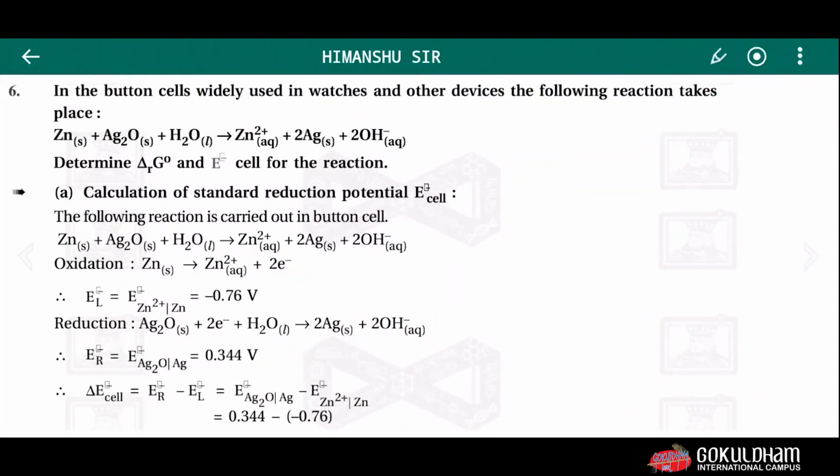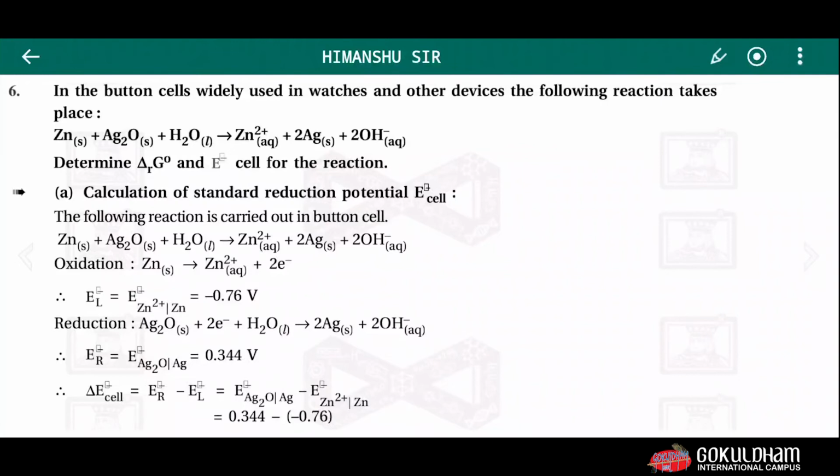Example number 6. Example number 5 is nothing but the Nernst equation theory, which is totally based on example number 5. You can also write all the equations with the help of the Nernst equation theory. So we will discuss the sixth example,